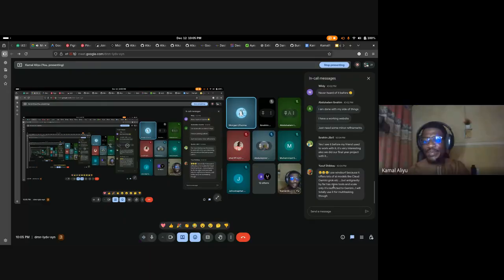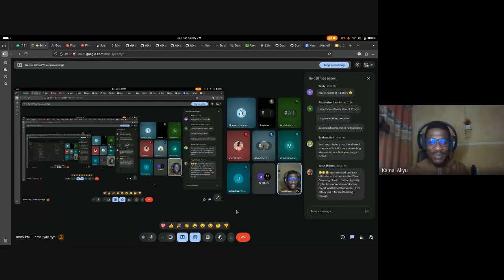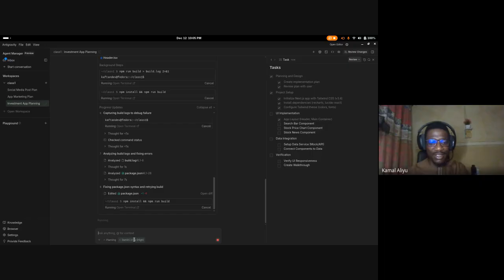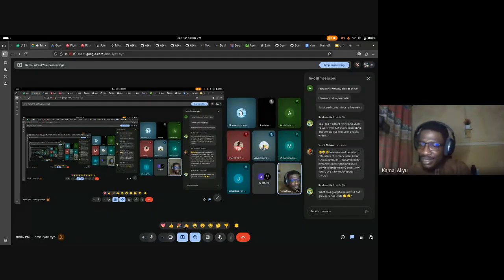Yeah. Oh, Yusuf, Anti-Gravity is not only limited to Gemini. We have a bunch of models. We have even the Claude Opus 4.5 model. We have the GPT OSS. We have Claude 4.5. We have the thinking model. They are also still adding new models. So it's not only the Gemini model. I think the best coding model should be Claude Opus 4.5, which is still available on Anti-Gravity. You can try it out. Select any model.